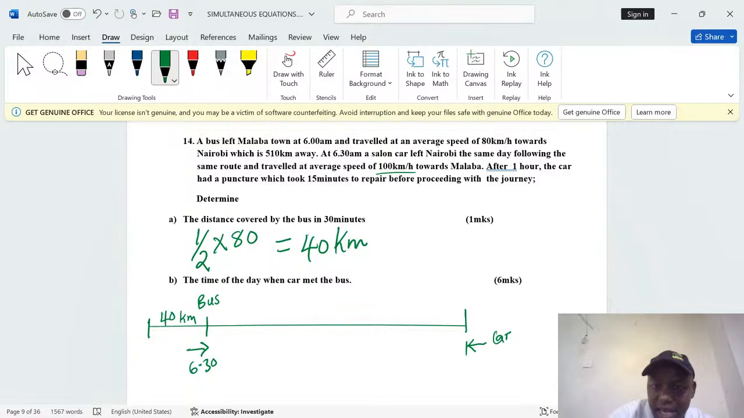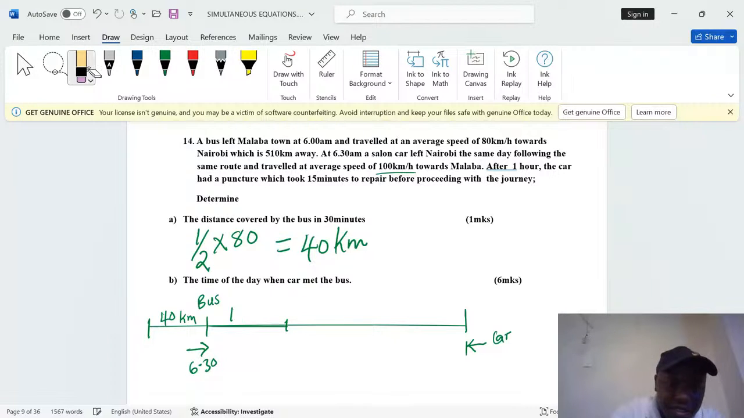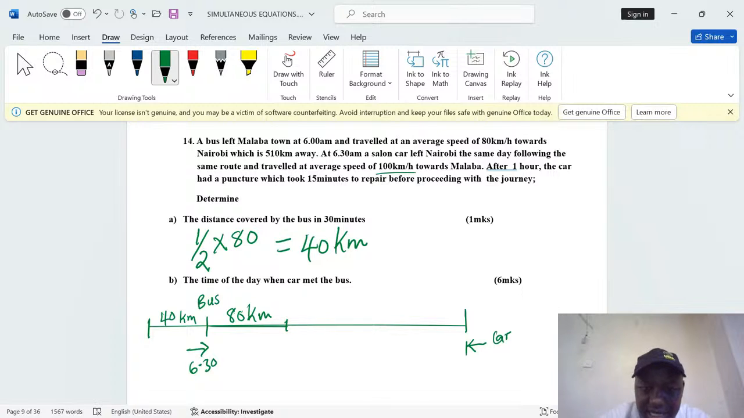That means before the puncture, the bus is going to cover a distance of 80 because it will travel for a whole hour. So 80 kilometers. And we have a car which is moving at 100 for 1 hour. It's also going to cover 100 kilometers. So within 1 hour, the bus is going to cover 80. And within 1 hour, the car is going to cover 100. Then we are told that